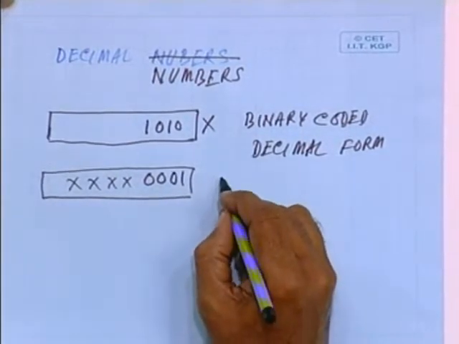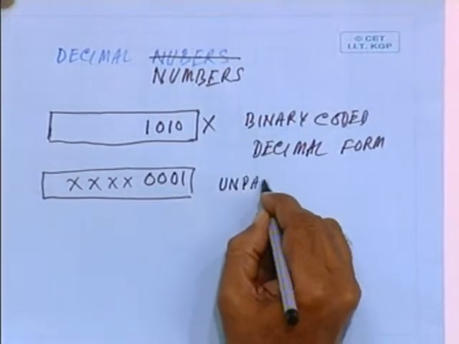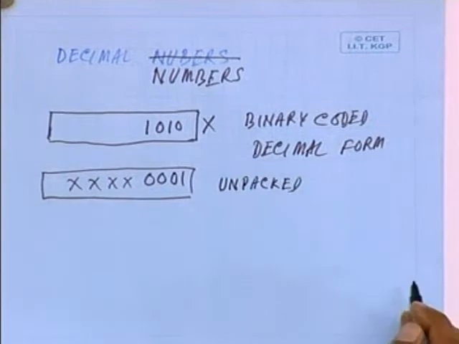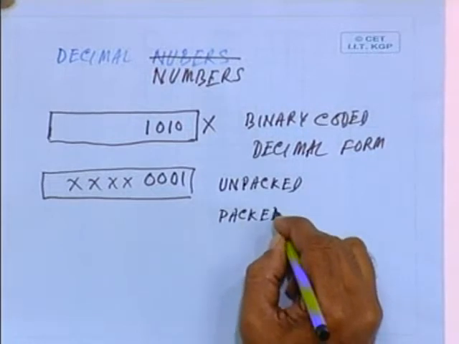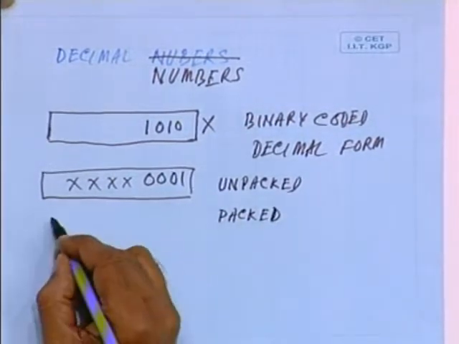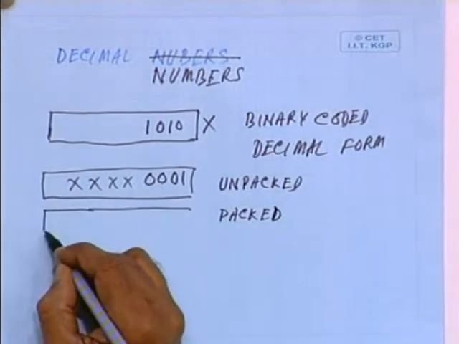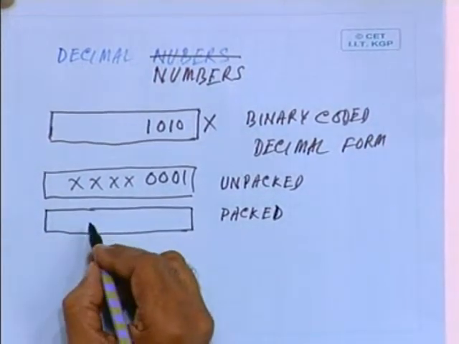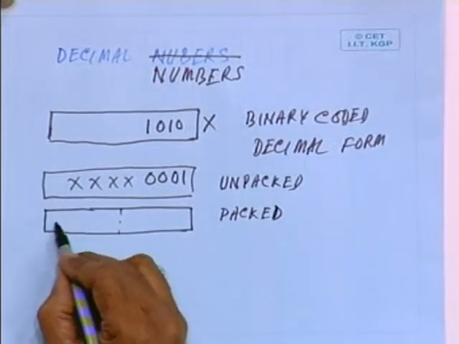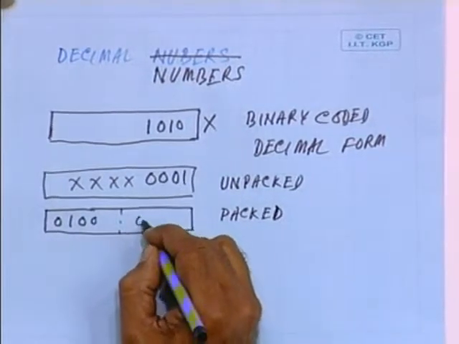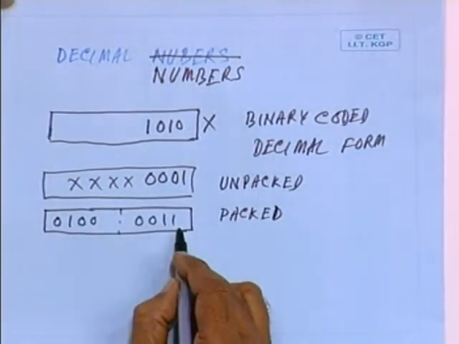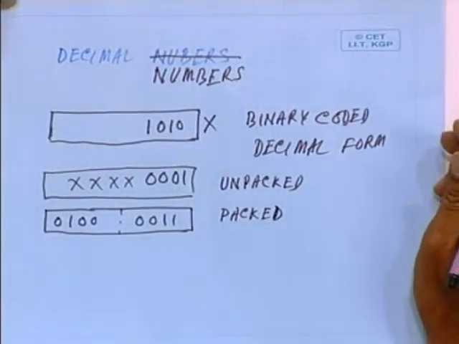This is known as unpacked representation. You can also store in packed form by storing 2 BCD values inside a single byte. For example, you can store in these 4 bits, if you want to store 0100, and you can store 0011 in 1 byte, and this is known as packed form of BCD representation. So you can store packed as well as unpacked BCD numbers in these two ways,